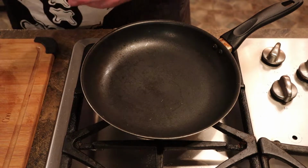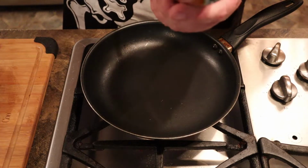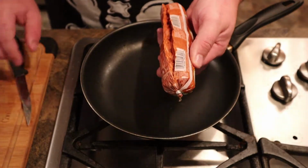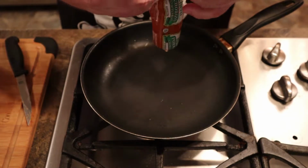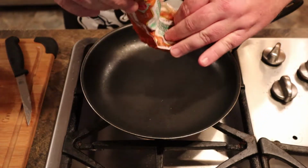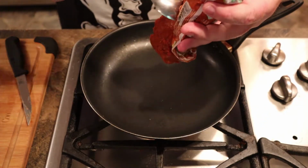Now, it doesn't look appetizing when you put it in the thing. You just slit it open. And, you know, this isn't frozen. If it's frozen, you just pull the plastic off and throw it in there. You can just do it while it's frozen. But the rest of it, you just florp this goop